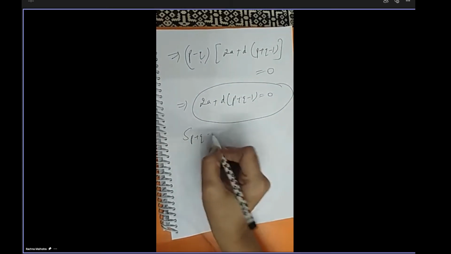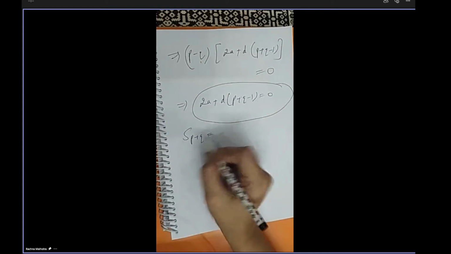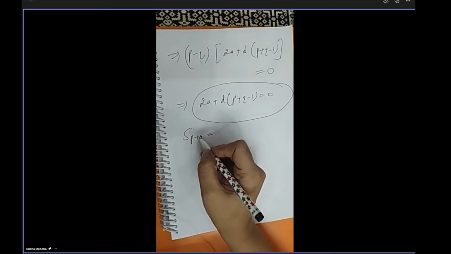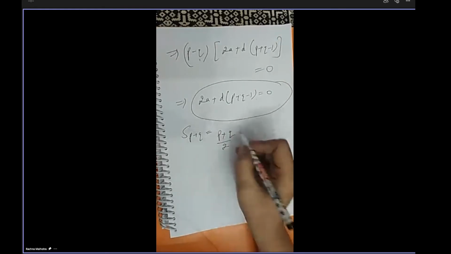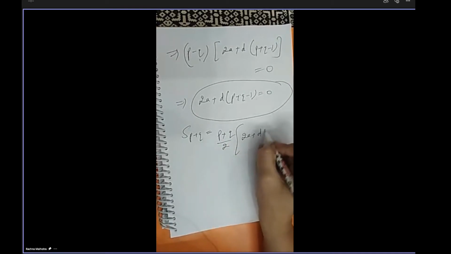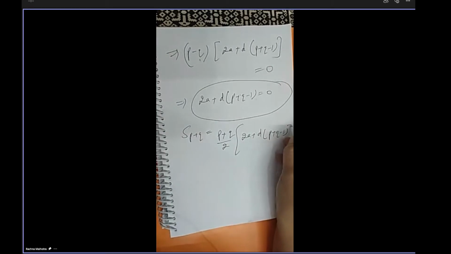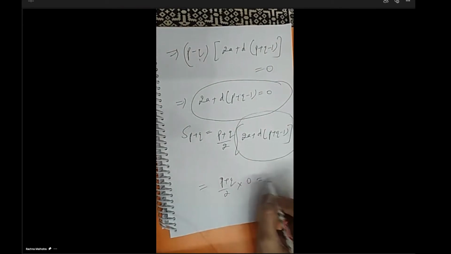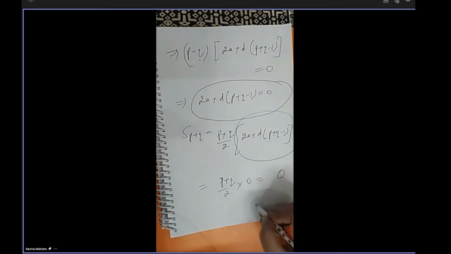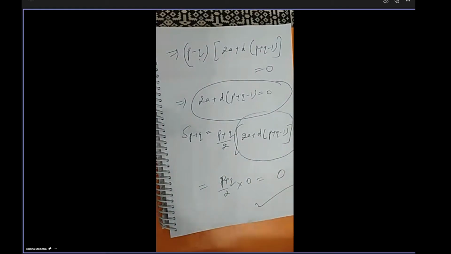So the question is, we have to find the sum of P plus Q terms. So this is P plus Q by 2 into 2a plus P plus Q minus 1 d. What is the value of this expression? 0. Ma'am, S(P plus Q) will be 0. Yes, the answer is 0, because this one is 0, and 0 multiplied by any number is 0. Okay, question number 10 is over.